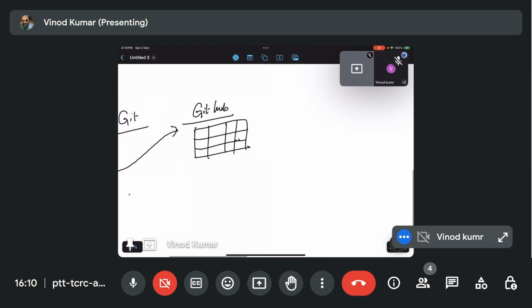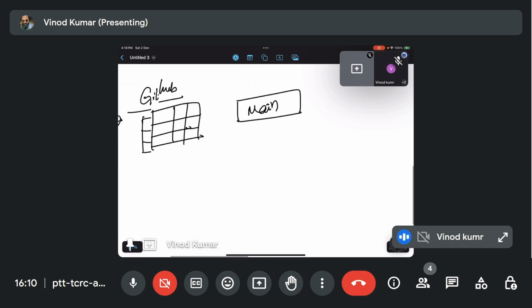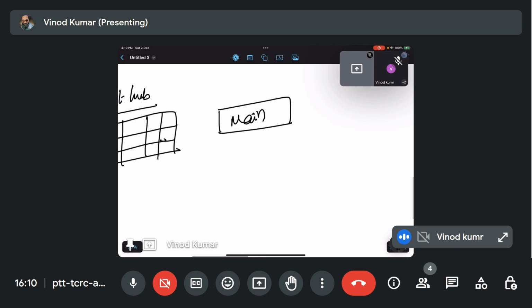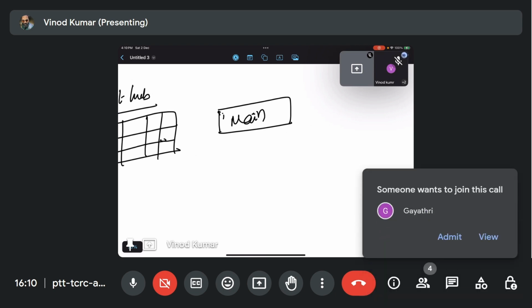So before that, our manager or our leads, anyone has to create one main repository. This main branch, we can call as repositories and branches in Git terminologies. So in Git, this repository, what we are creating is one of the application, which is the main,